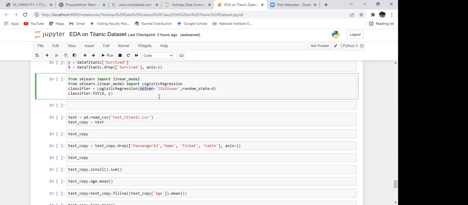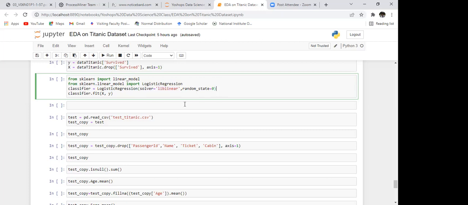And this solver here, we will see in detail. It is used for cases when you have a binary target variable. Since our case deals with a binary one, we are calling this solver here.